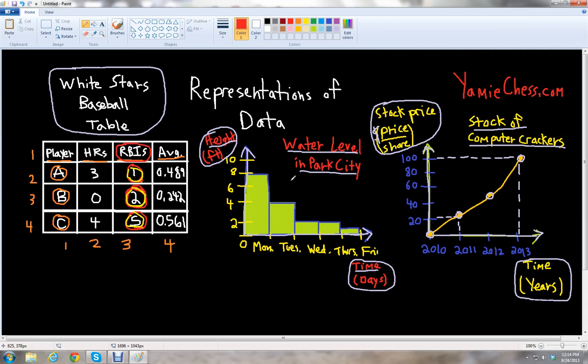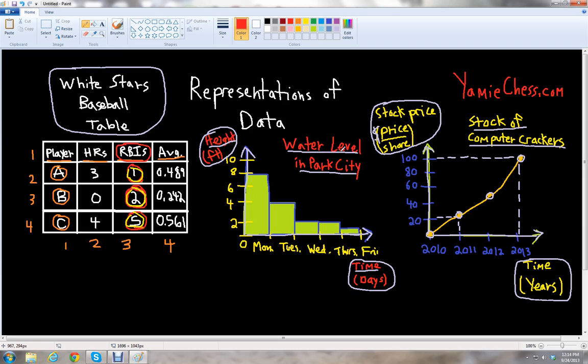Now if we look at our next graph, we have what's called a bar graph, and this is more visual versus the table. Notice that we have a horizontal axis, or we call it the x-axis. It usually represents time. And then we have a vertical axis. It's called the y-axis, where we usually represent something other than time. In this case, it would be the height